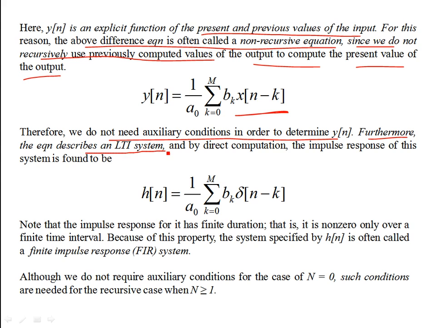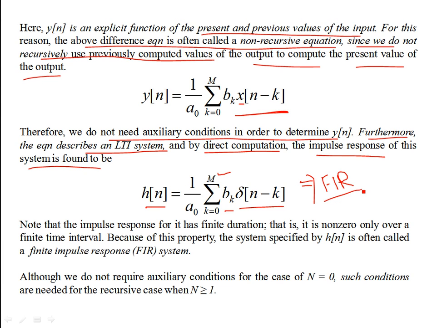Furthermore, the equation describes an LTI system, and by direct computation, the impulse response of the system is found by substituting for x the delta function, the unit impulse function, giving the same weights. So this happens to be the impulse response of the system, and you see that this impulse response has a finite length, determined by the capital M. Such systems are also called FIR systems, which have finite impulse response. They are mostly non-recursive, but that doesn't mean they cannot be computed recursively. They can be, but